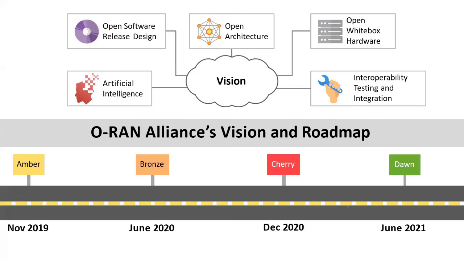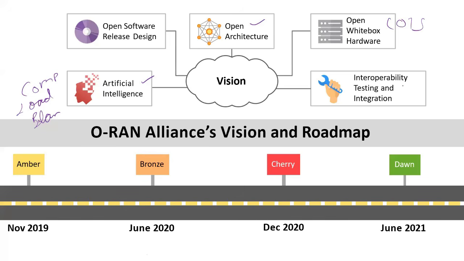Right? And its vision, as you know, is that first of all, the architecture should have open interfaces, open CU, DU, right? We use open white box, COTS hardware, right? And software should also be open. We don't have to pay anything for the software, right? With the help of artificial intelligence, we can use features of COM, we can use load balancing, right? Without intervention of any engineers. Now, at the moment, optimization or load balancing is done manually. Maybe in future it will be done by artificial intelligence.